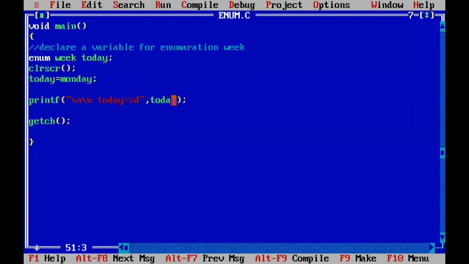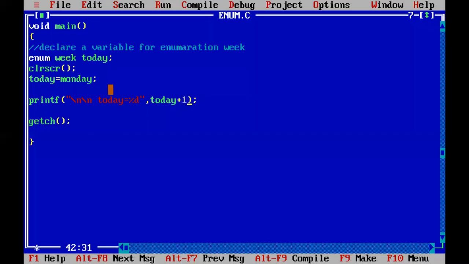For that, we have to add here today plus 1. That means Monday value is 0. That 0 is assigned to today. Now today is also 0. That means today is Monday. That means the Monday value 0 is assigned to today. By seeing the 0, I can understand that okay, it is the first day in the week. But when you are seeing on the monitor the first day in the week is 0, that is meaningless because there is no 0 day. So I am adding 0 plus 1, so that what is printed, Control F9, Control F9.